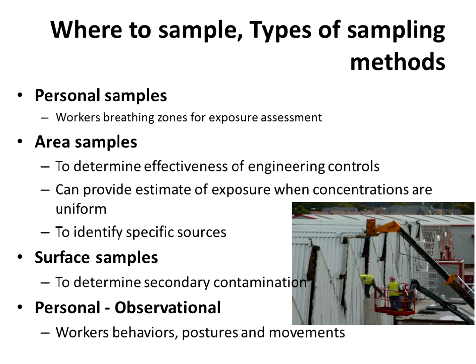And it's a way to identify where specific sources of agents or contaminants are coming from. Surface sampling, you could do this to determine secondary contamination. So when somebody comes in contact with the surface, you do a wipe sample. So you could be sampling to see whether any hexavalent chromium has been transferred from the worker's clothes into their eating area, into their cars, into their locker changing